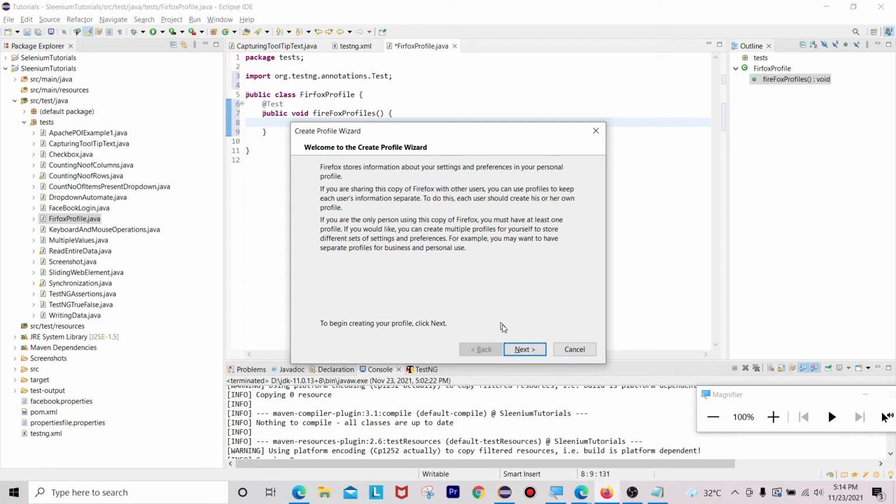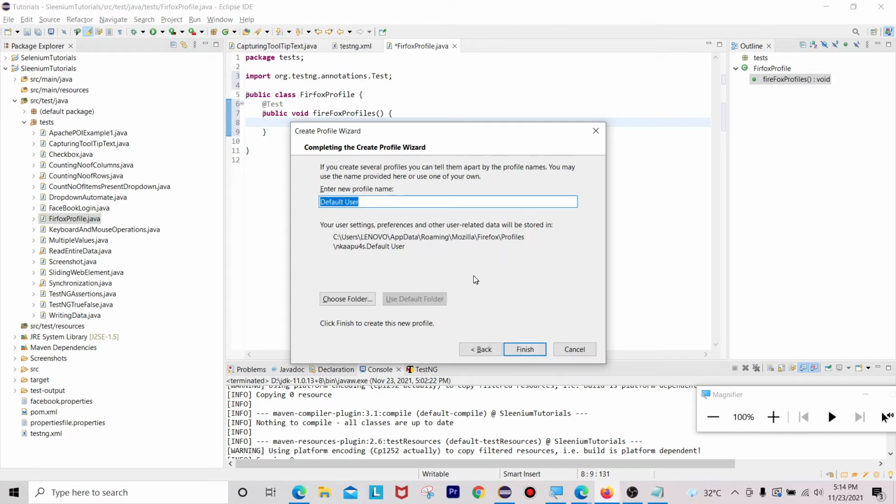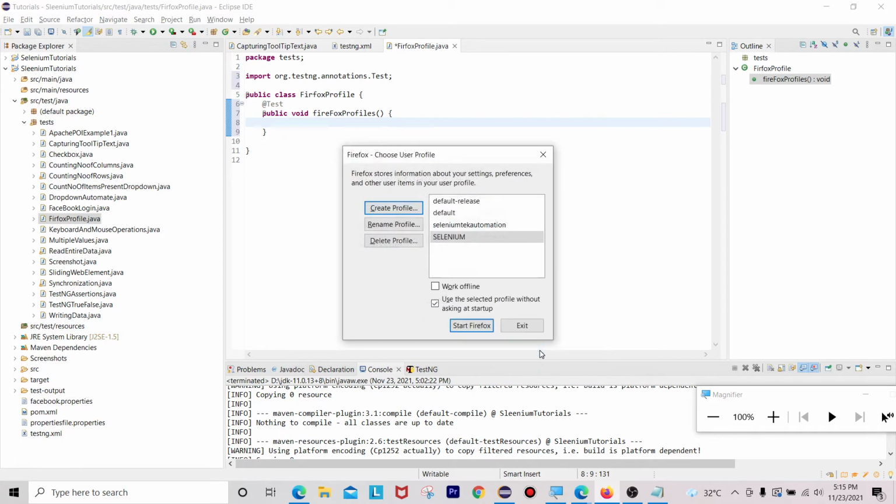Click on next. Here you need to provide a name for your profile. I am entering Selenium. I am not using my existing profile Selenium Tech Automation, I am using a different one, Selenium. Click on OK.